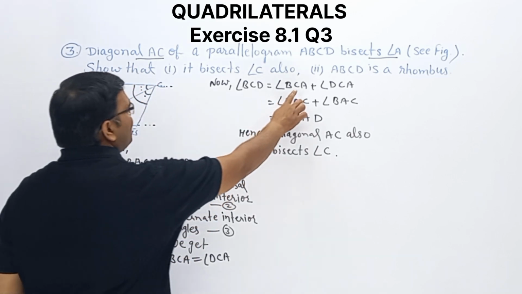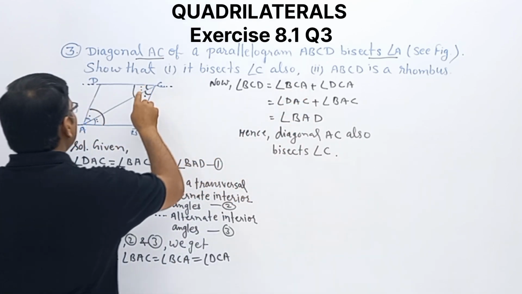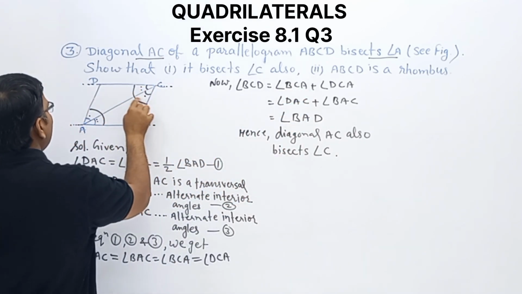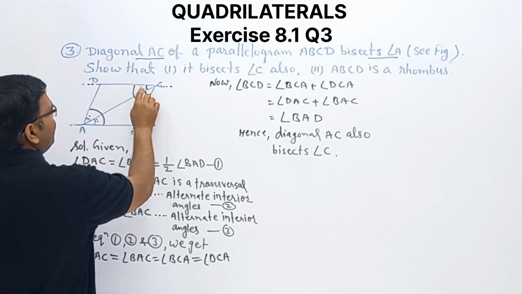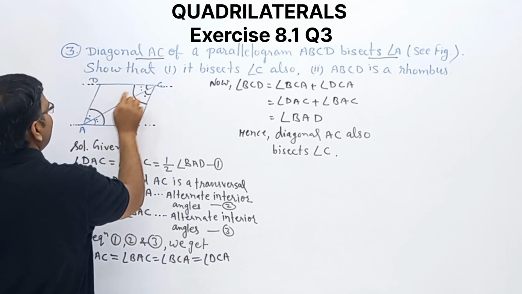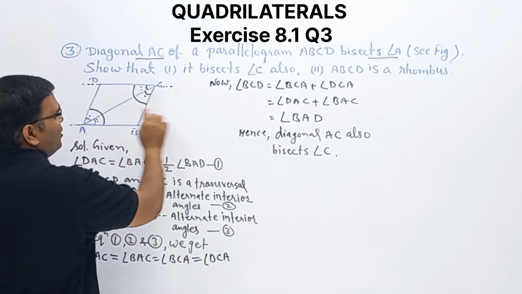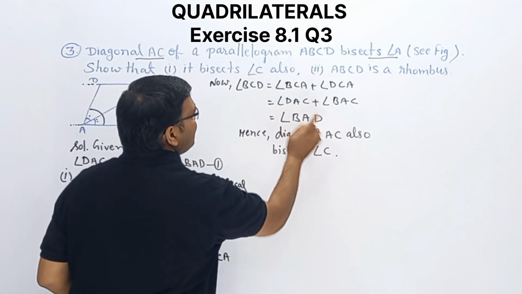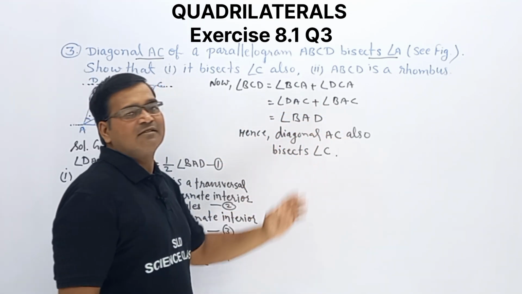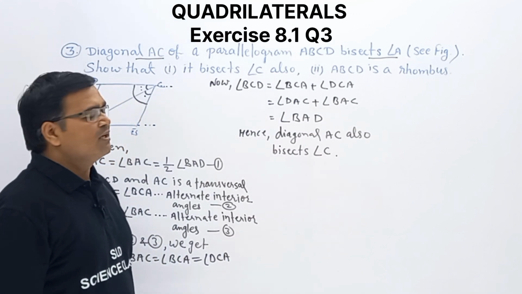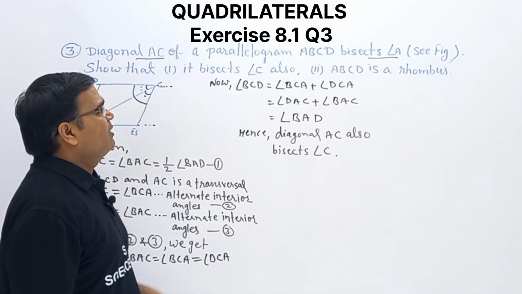and BCA is equal to DAC, this one, and DCA, this angle equals this one, and both are angle BAD. So finally we can say diagonal AC also bisects angle C. Clear? We proved the first one. Now the second one,